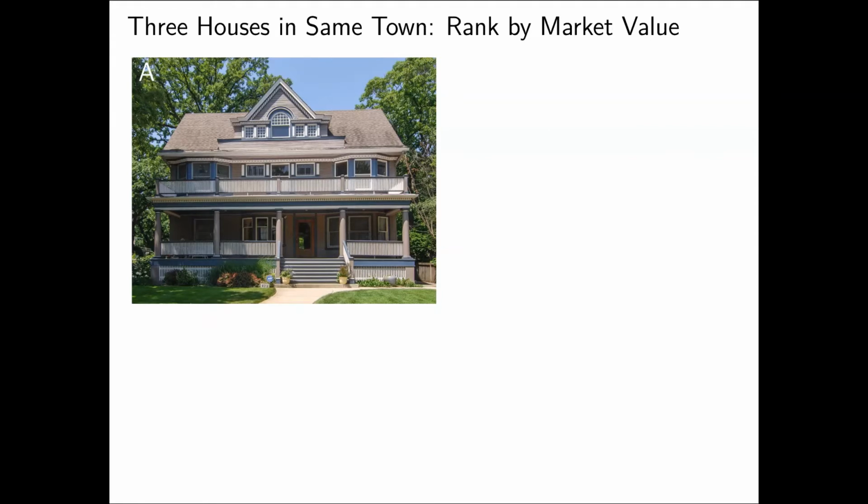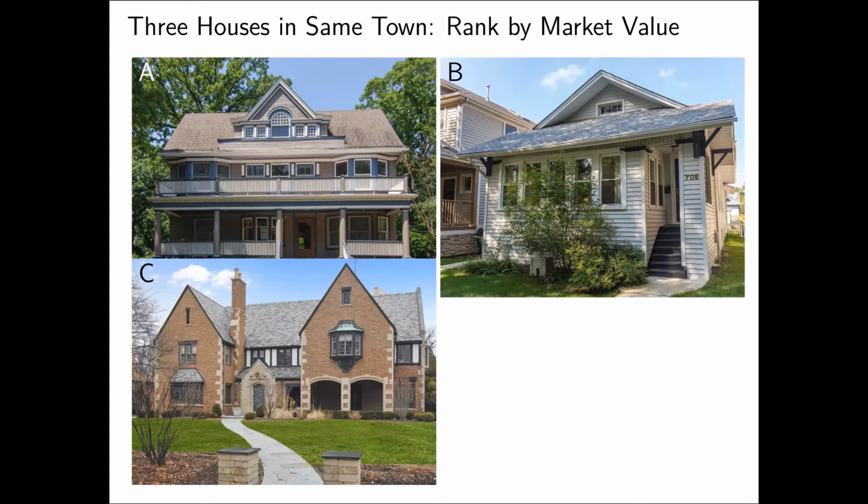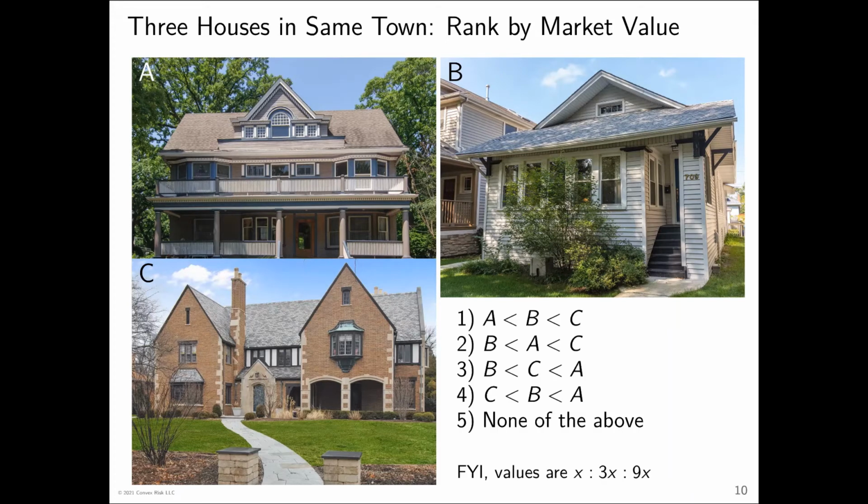I'm going to show you 3 homes. This is home number A, this is home number B, and this is home number C. These 3 homes are all within about a mile of one another, in the suburbs of Chicago. I want you to look at these 3 pictures and, in your mind, rank these homes from the lowest market value, to the middle, to the highest. I don't want to cause flashbacks of exam stress to the actuaries on the phone, but this is a triple true-false kind of situation. Just look over these answers and select in your mind what you think the answer is. I'll give you a moment to do that.